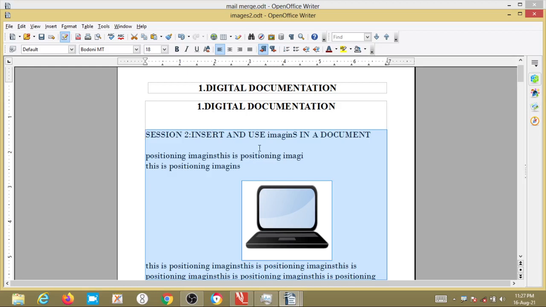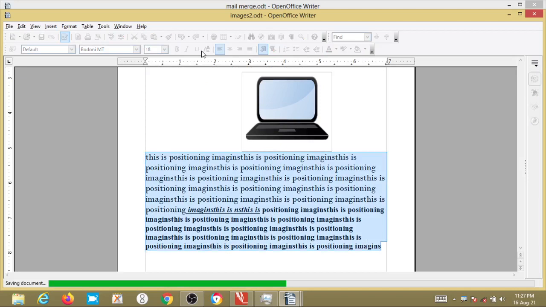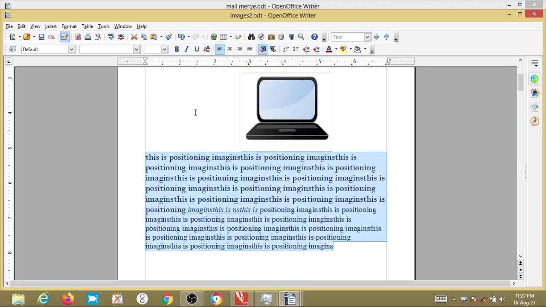Then if I want to change the font color, how do I change it? Select the text or paragraph whose color you want to change.